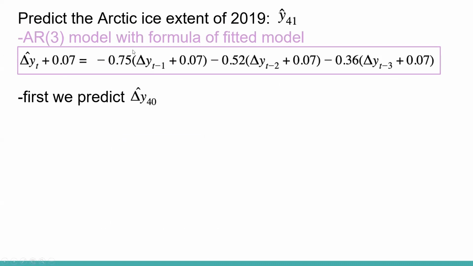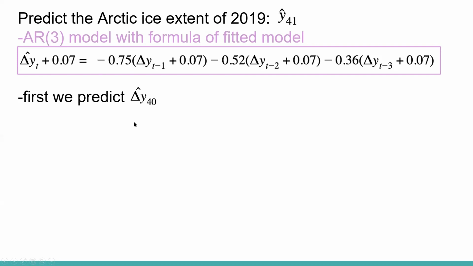So can you see that now? The parameters, 0.7, minus 0.75, minus 0.52, minus 0.36, are how you write a fitted model for an autoregressive model of order 3 in a situation where you difference your data set. When you don't difference your data set, it's not going to look like this. And if you want to use an AR of order 3, the very first thing you need to